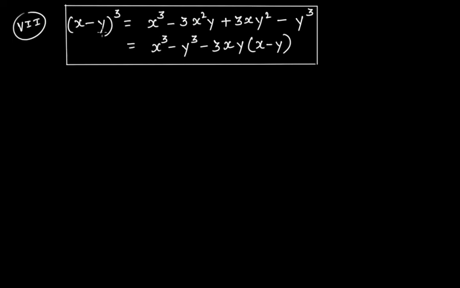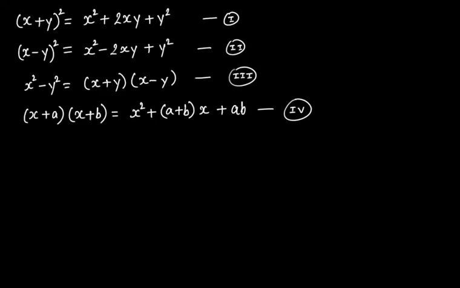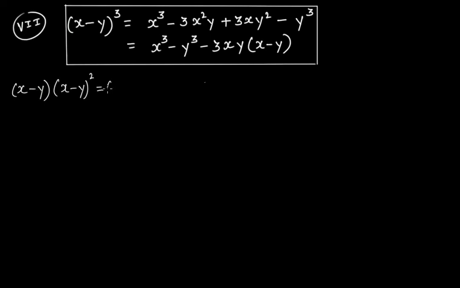In this case, this is x minus y whole cubed. So we can write it as x minus y multiplied by x minus y whole squared, right? And this is the identity 2. So x minus y, then this is x squared minus 2xy plus y squared. And now applying the distributive property of multiplication,